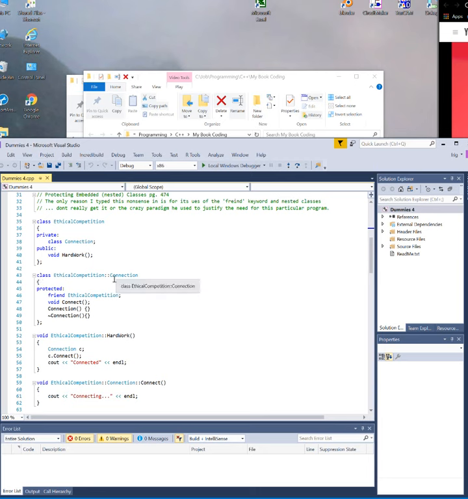Since this nested class is protected here, it's calling ethical competition its friend, so that allows ethical competition to access its methods, its protected data. Because again, it's a completely independent class, but it's contained inside the class. So it does have access to the class's methods and so forth,